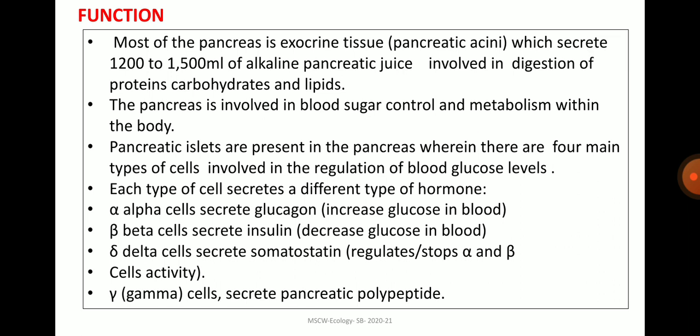And the most important function is that it is involved in blood sugar control and metabolism within the body. Apart from that, because of the digestive juices it secretes, which are rich in enzymes, as the exocrine part, it's involved in the digestion of proteins, carbohydrates and lipids. You can mention the pancreas is a gland having two different types of secretions, as internal secretion, such as